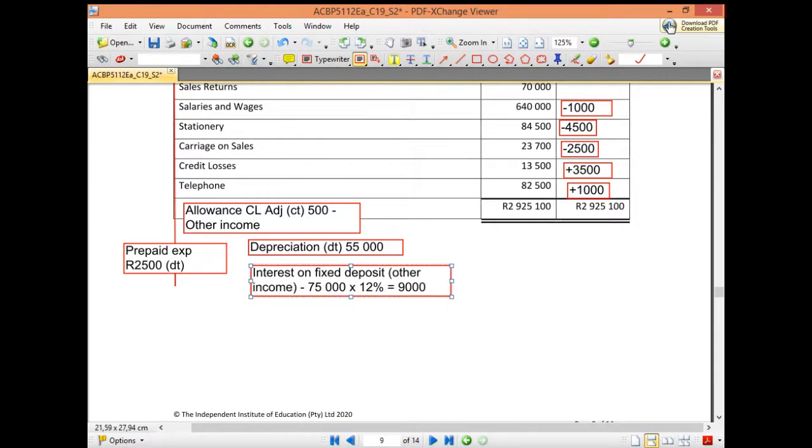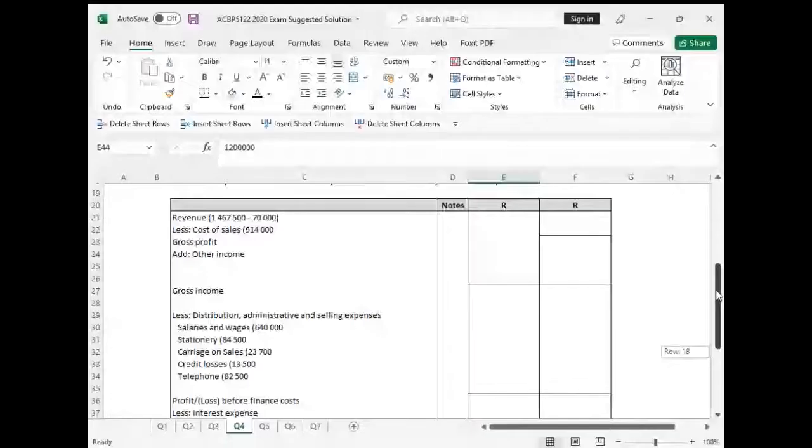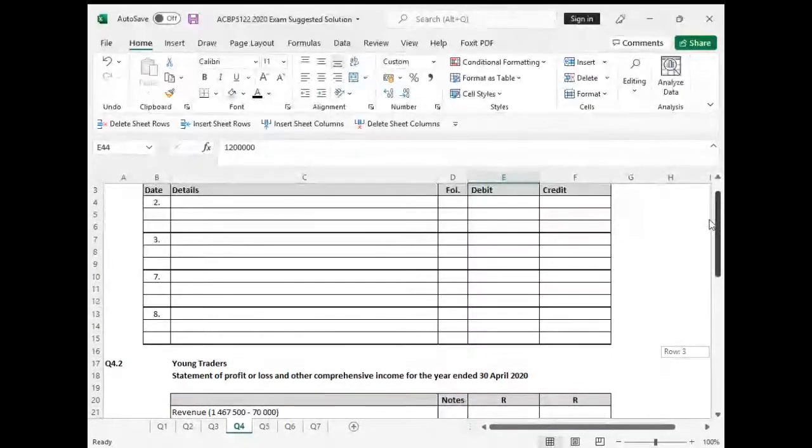Okay, so I'm going to stop sharing this and then we're going to go complete the Excel with the information. Okay, so they wanted us to do the journal entries. So let's start with the journal entries for